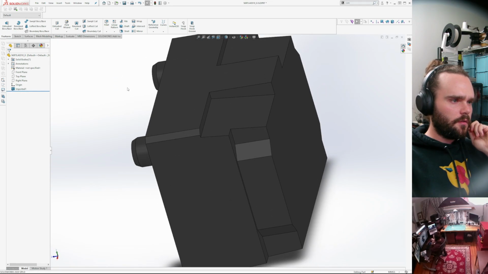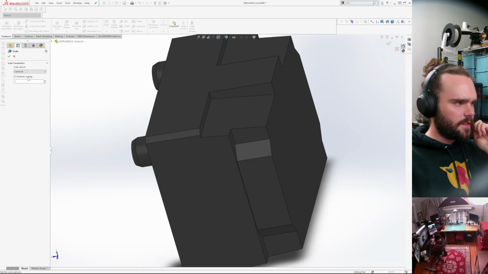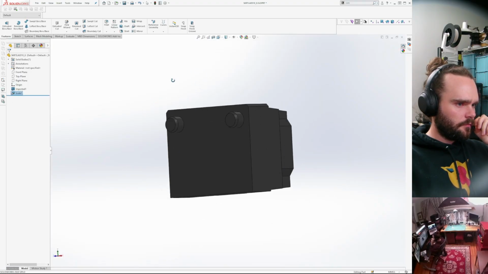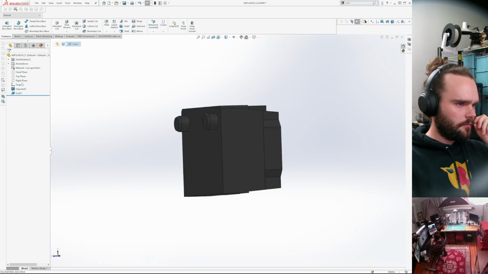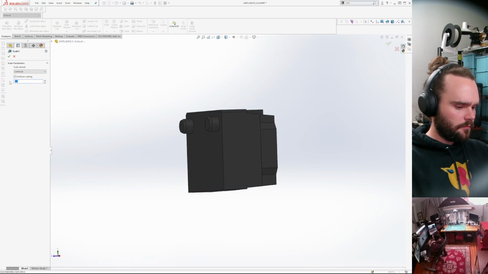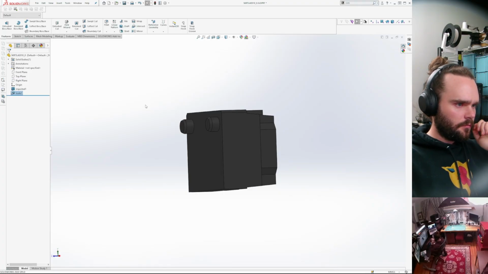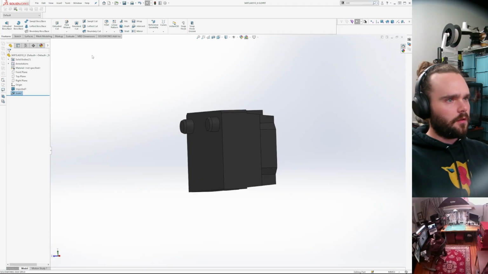What if I do insert features? What if I scale it? Now it's slightly smaller.